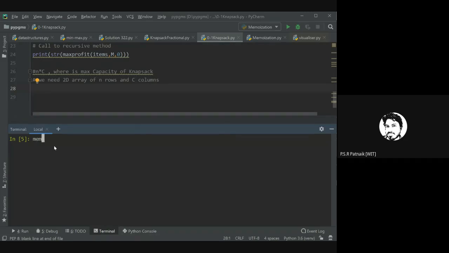If I want to create a memoization array, let us call it the memoization table now. How do I do it? It should obviously be two-dimensional, it should be a list. How do I create this?